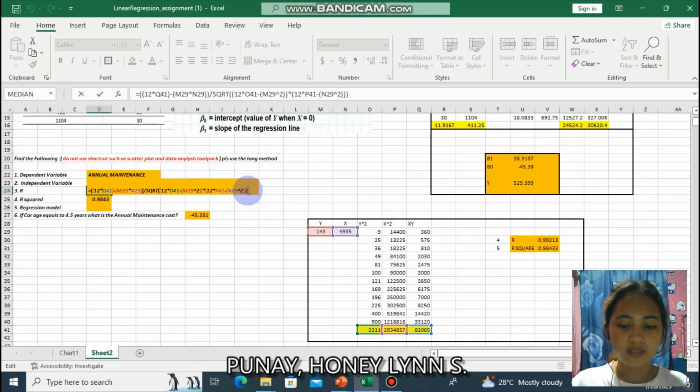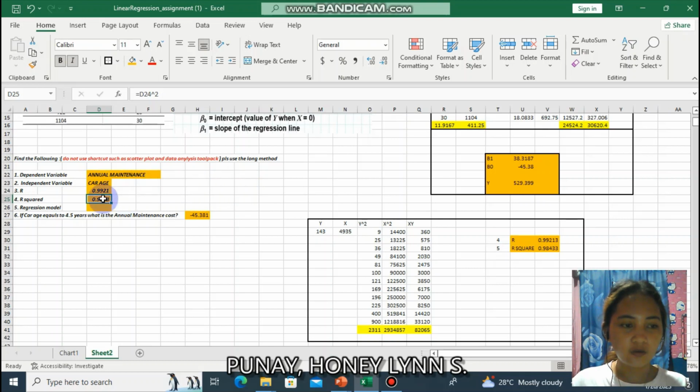And then if you enter this, you will get the value of r, which is